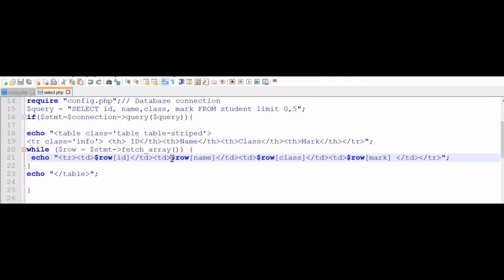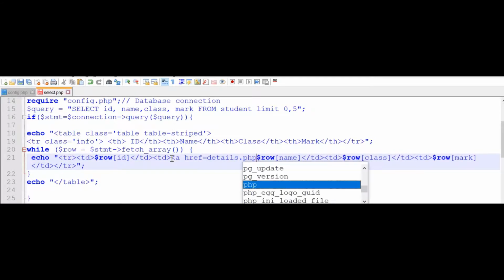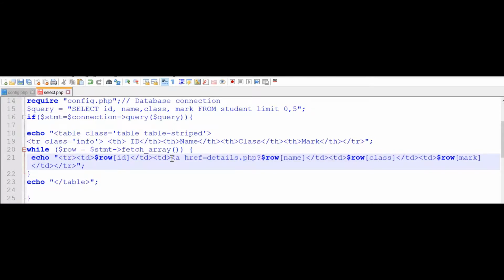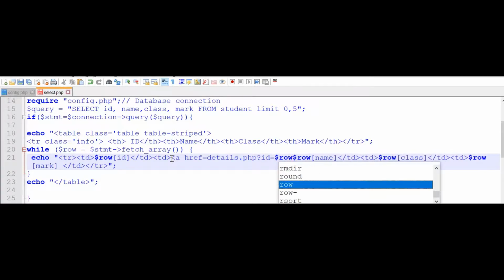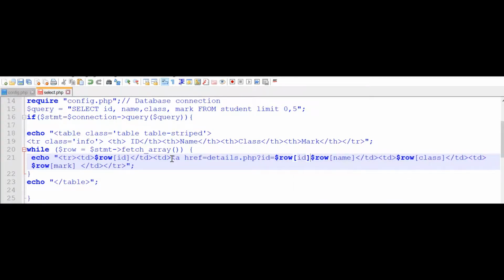Let us add the hyperlink to our name column. details.php is our target page where we will be carrying the ID. Now I am keeping the ID here. Okay, now I have made all the hyperlinks in the name column.